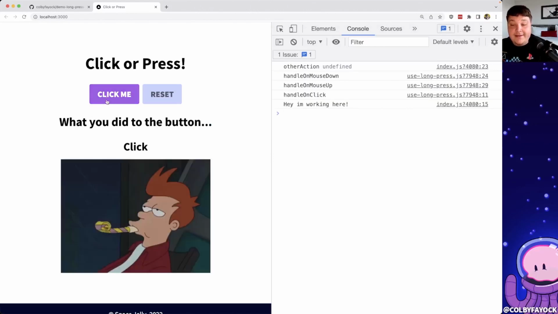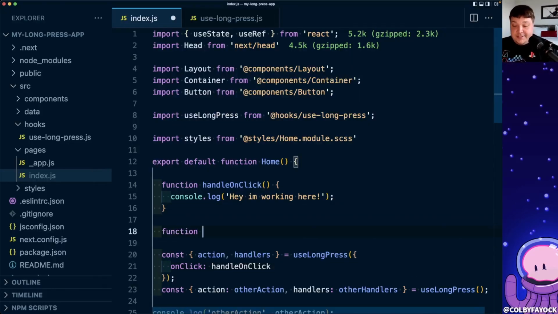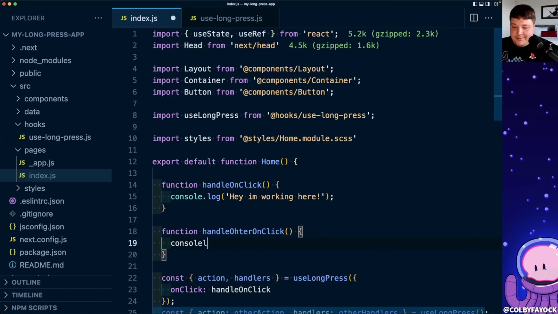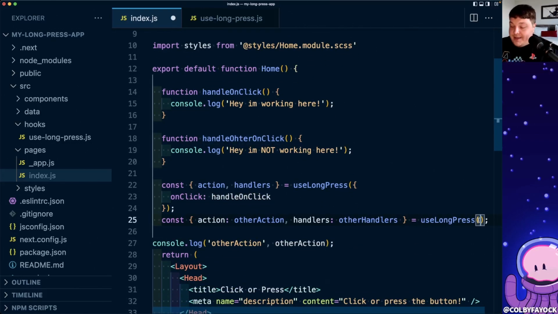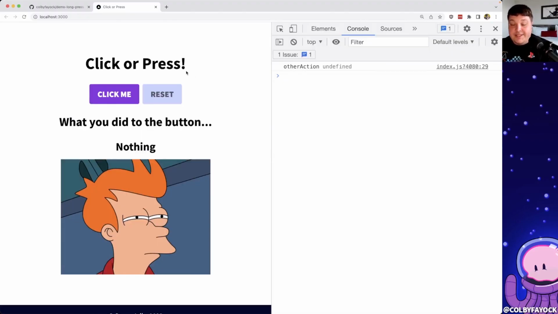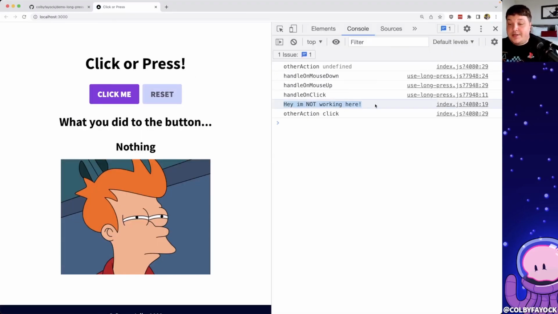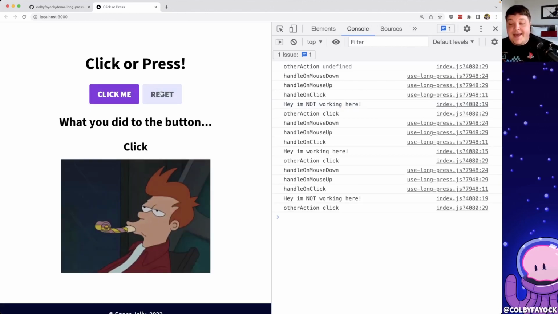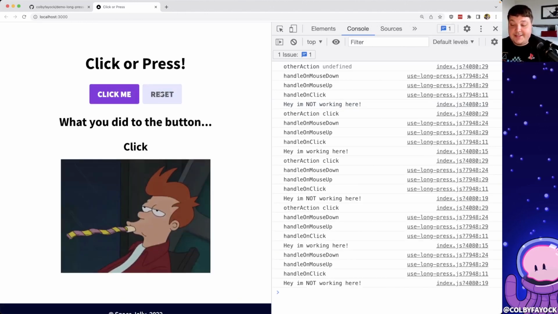So now if I go ahead and click that button, we can see in addition to using that state where it's able to determine that it was a click, we can see that my console log of, hey, I'm working here, was actually added into the console. And if I wanted to define a separate one, such as function handle other onClick, which I know I spelled wrong, but it doesn't probably matter for this demo. I'm going to say, hey, I'm not working here. I'm going to take this function and I'm going to add it inside of my other long press as onClick. And we can see when I click that reset that it is working and it's not working there. And I can click them independently and they're going to both work just as expected and still allow me to